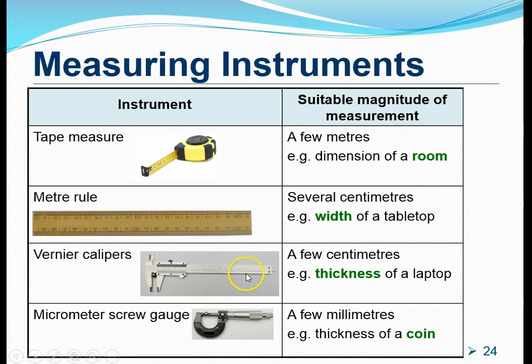The third item here is known as the vernier caliper. The vernier caliper itself is good to measure lengths up to a few centimeters. So for example, it is suitable to measure the thickness of a laptop. Now, the next instrument is the micrometer screw gauge. This is useful for measuring up to lengths of a few millimeters, for example, the thickness of a coin. In the next slide, we will discover more about the ranges of which these instruments can be used for measurement